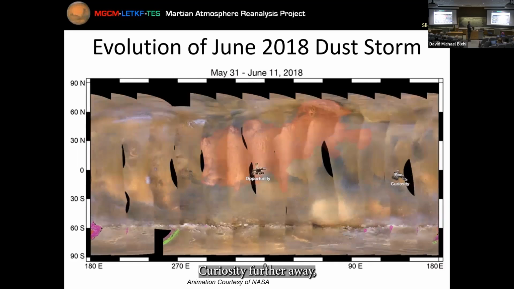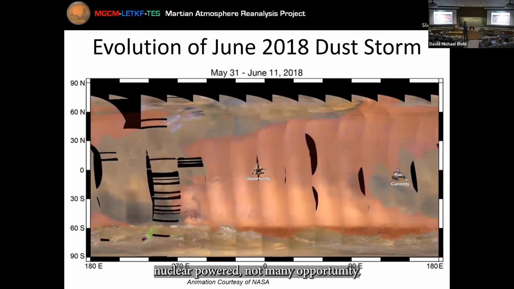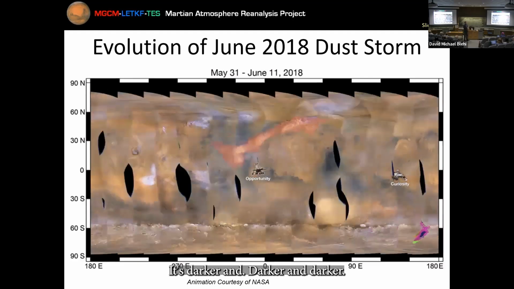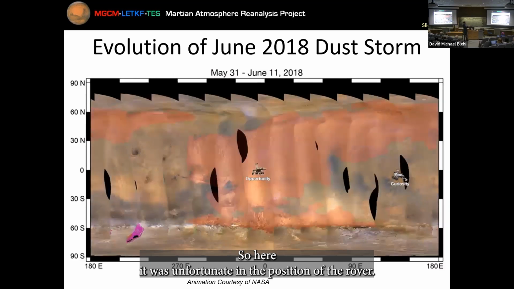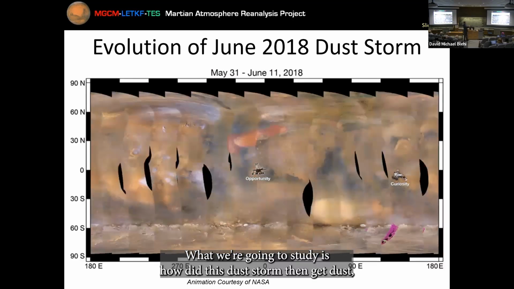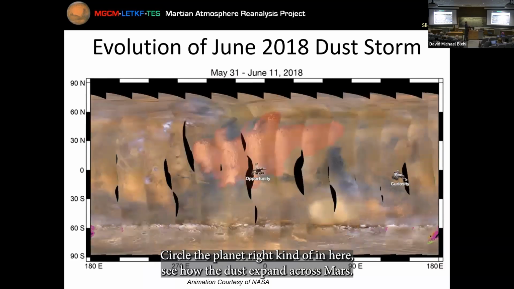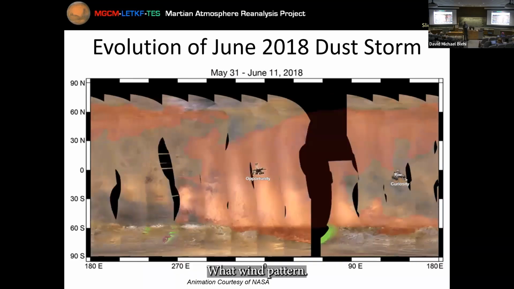Curiosity, further away, nuclear powered, not many issues. Opportunity gets darker and darker and darker, and then the rover dies. Okay, so here, it was unfortunate in the position of the rover. What we're going to study is how did this dust storm then get dust to circle the planet, right, kind of in here. See how the dust expands across Mars. What wind pattern led to